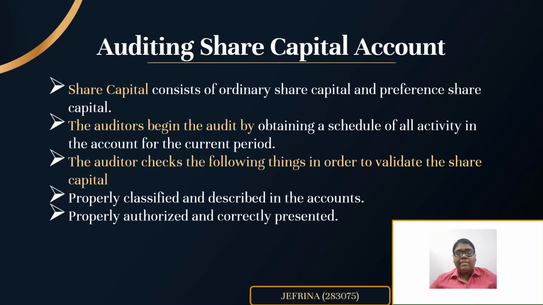Share capital account is an amount invested by the company's shareholders for the use of the business. It is divided into two types of stock, which are ordinary stock and preference stock. The auditor begins the audit by obtaining a schedule of all the activities in the account for the current period. The auditor wants to check the validity of the share capital. The share capital must be properly classified and described in the account. Second, they want to check whether the share capital is properly authorized and completely presented in the balance